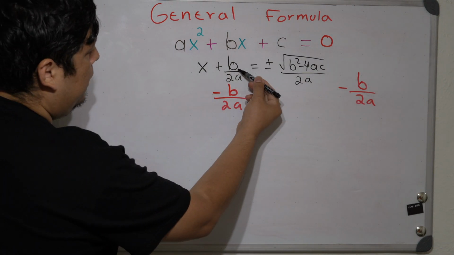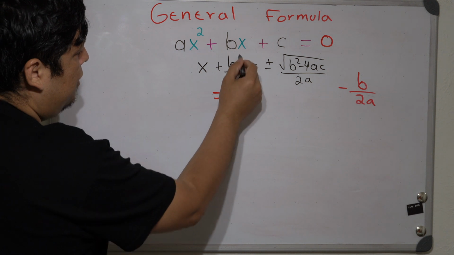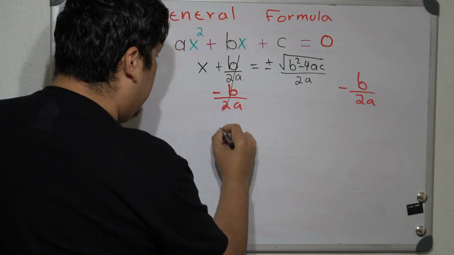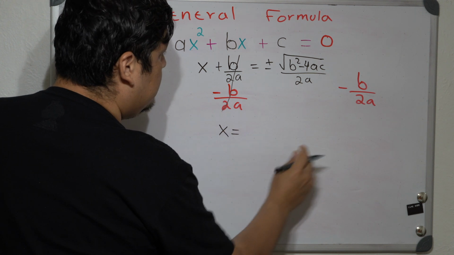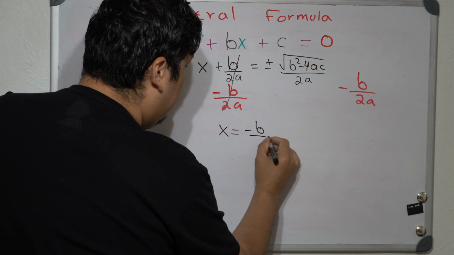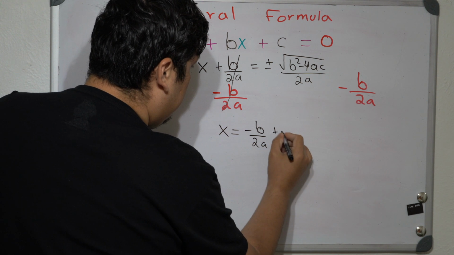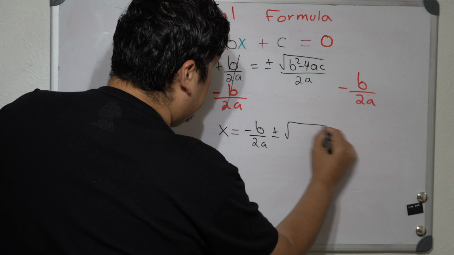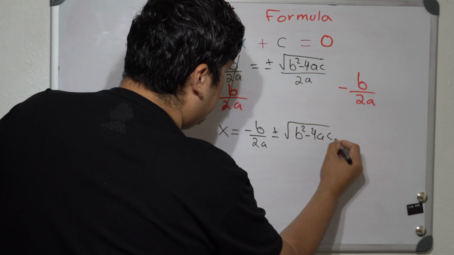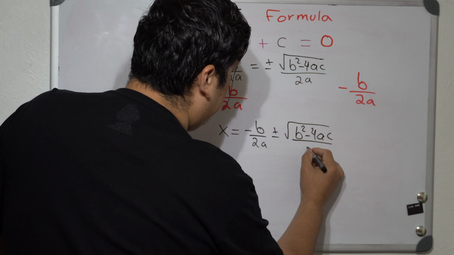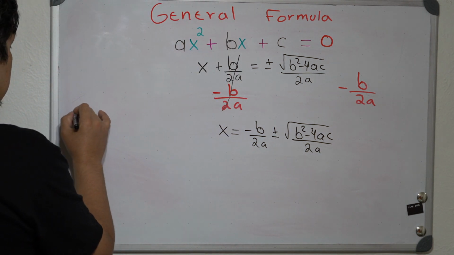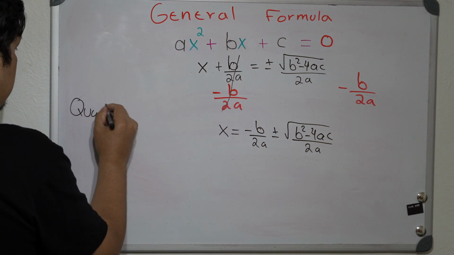So simply b over 2a minus itself crosses out. We also subtract it on the other side, and we're left with x equal to, I'm rewriting it, negative b over 2a plus minus the square root of b squared minus 4ac all over 2a. And this is simply the quadratic